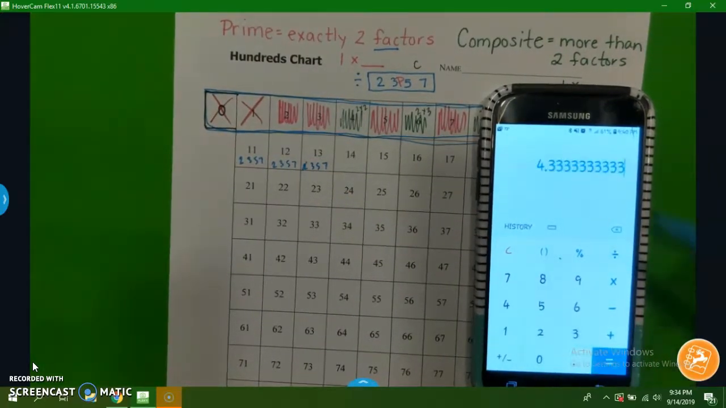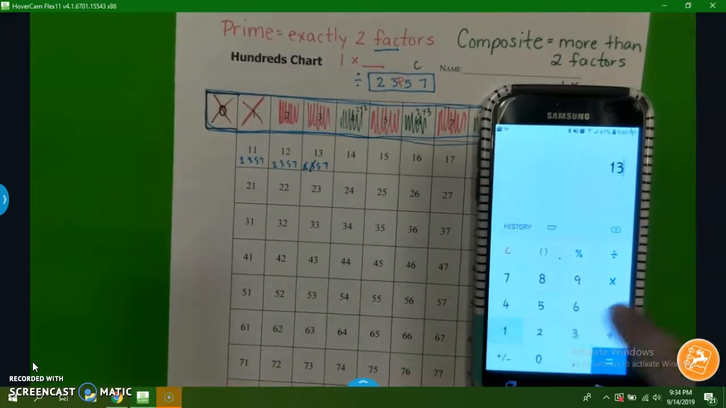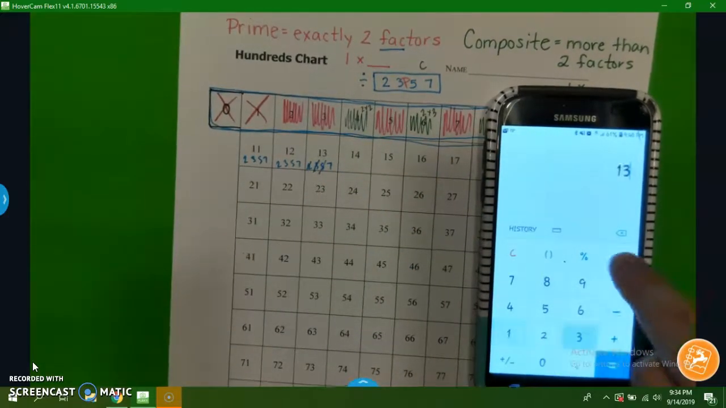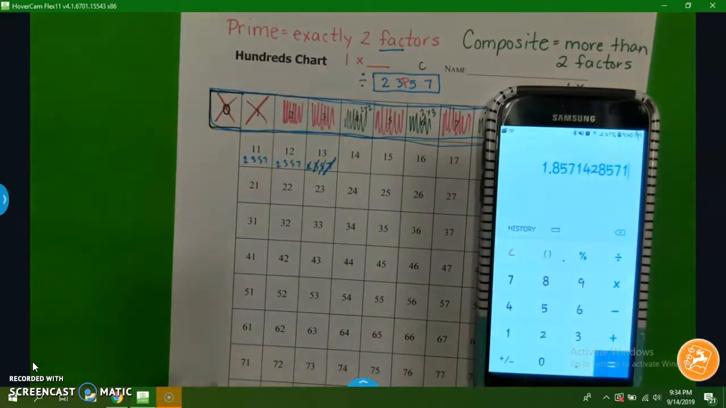13 divided by 3. It doesn't work. It's giving me that decimal. We don't want a decimal when we're doing prime and composite. Okay, that didn't work. And 13 divided by 7. That didn't work. Decimal. So this is a